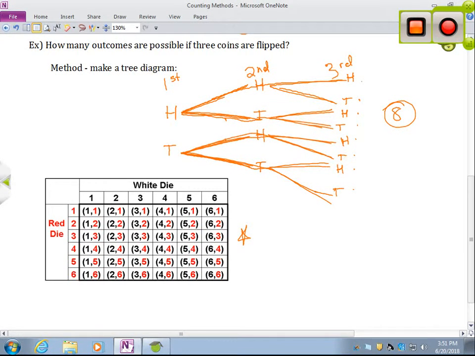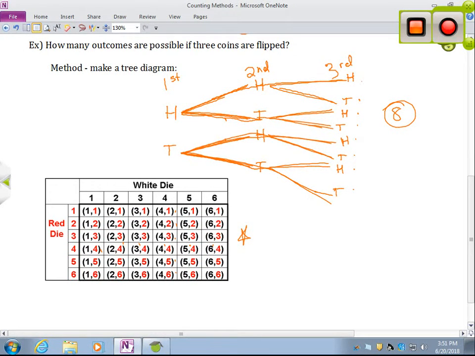It's not something that you would have to have memorized or recreate on a test. If it's necessary, then it would be provided for you. But it is really useful to look at because it's already listed and we can quickly count outcomes for whatever we're looking for. So for example, if the question was how many different rolls have a 4 in them, we can quickly see 1, 2, 3, 4, 5, 6, 7, 8, 9, don't count that one twice, 10, 11. So there's 11 different outcomes that have a 4 in them.